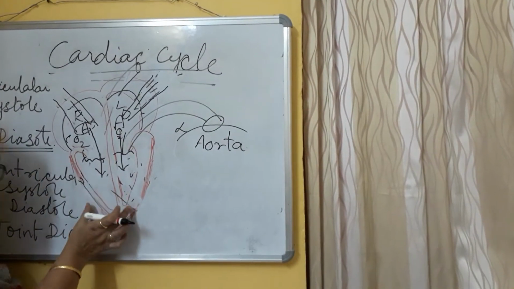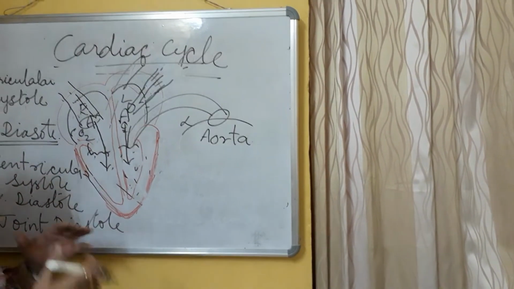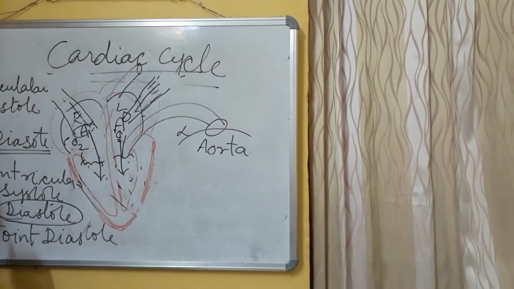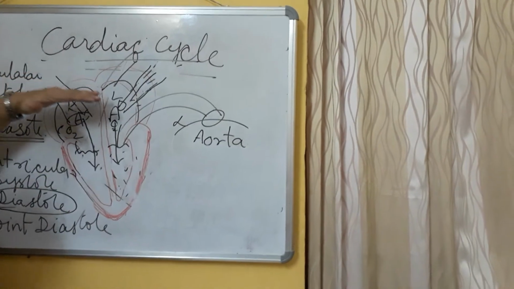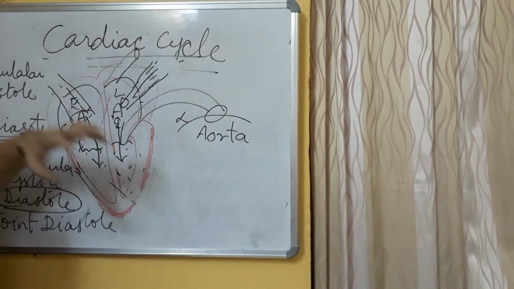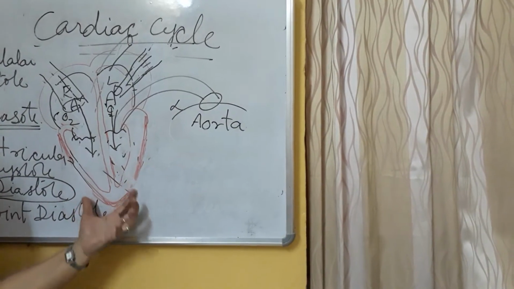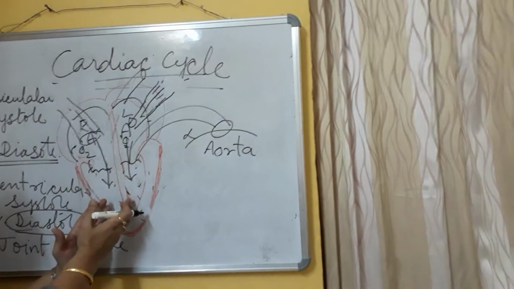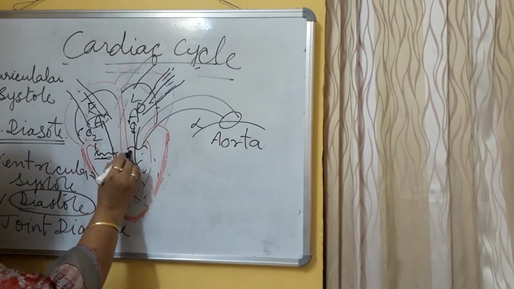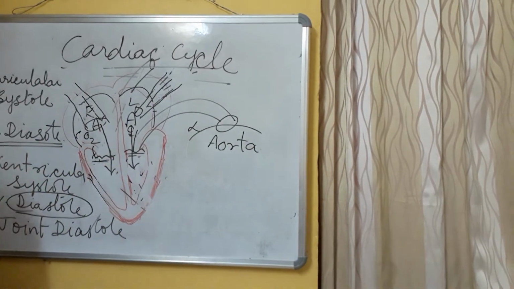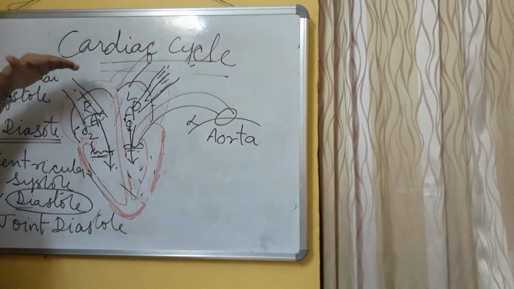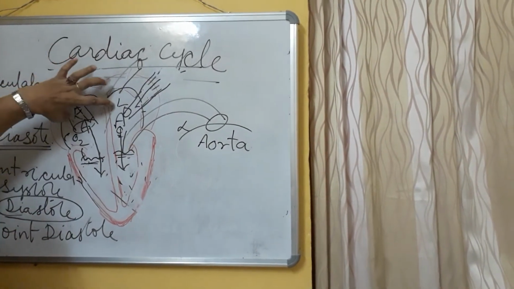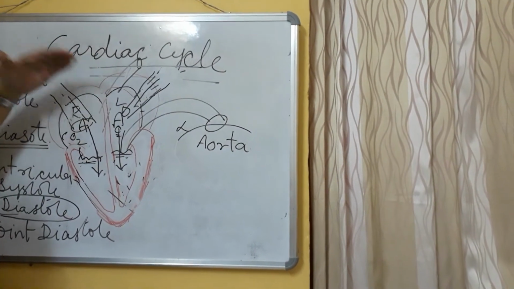As you know already, the ventricles will receive blood when they are in the diastolic condition. So what does that show? When the auricles are in systolic or contracting condition, the ventricles will be in diastolic condition, so that the blood from the auricles will enter into the ventricles through what? Through the tricuspid and bicuspid valves. Am I clear? When the auricles are in diastolic or relaxed condition, they are receiving blood, and both will be in diastole in one condition.